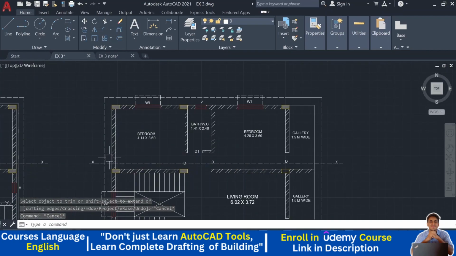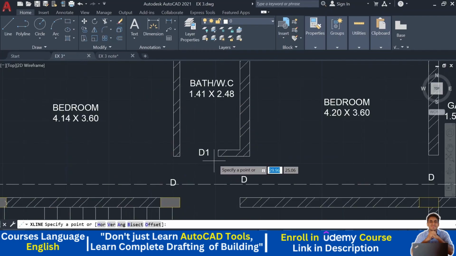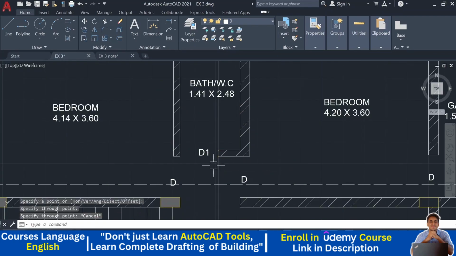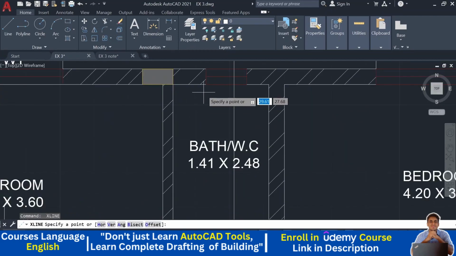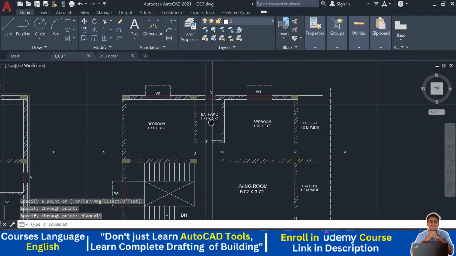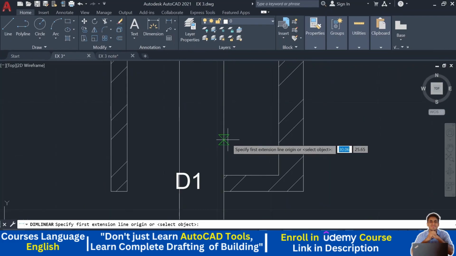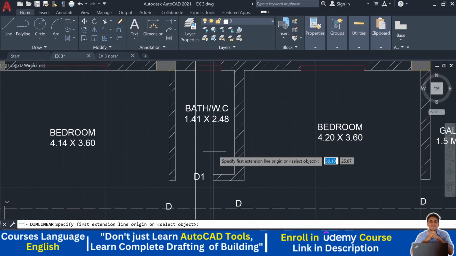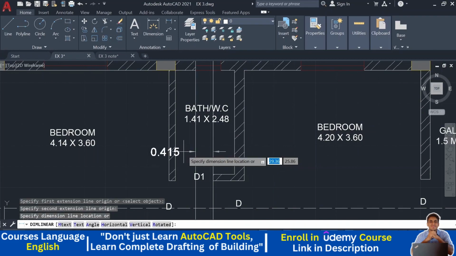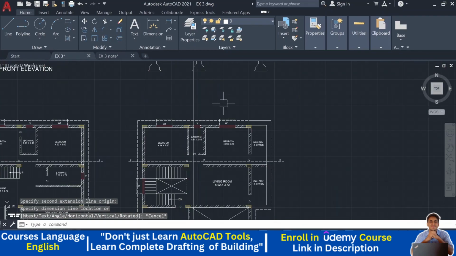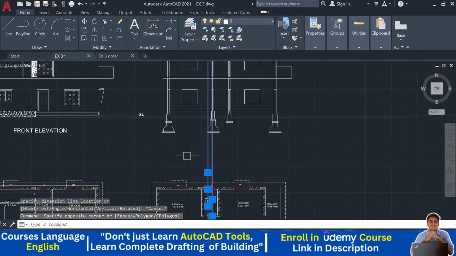What else remaining? We have shown this cutting section, window, we just show this door, we draw this door, and here it is showing the ventilator. I just check where it is coming, how much ventilator it is coming. Okay, so from here you can see this one. This is the ventilator which is showing here from this door, and it is 0.415. I just draw here,